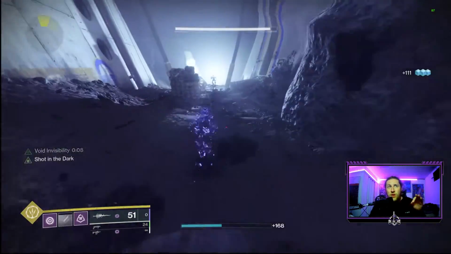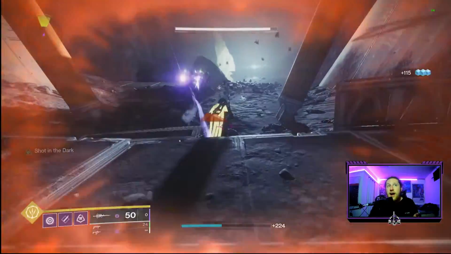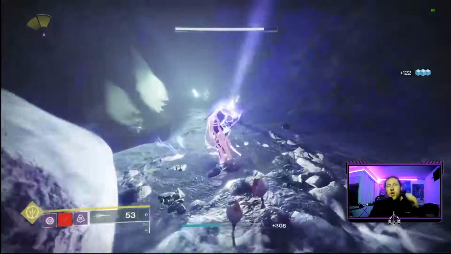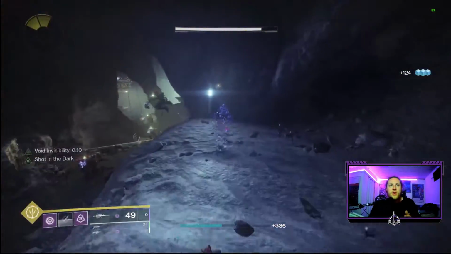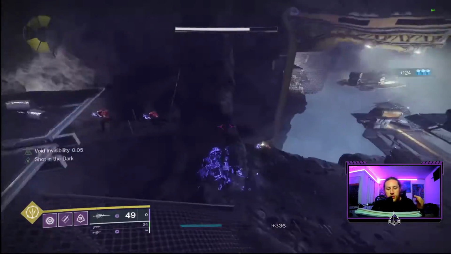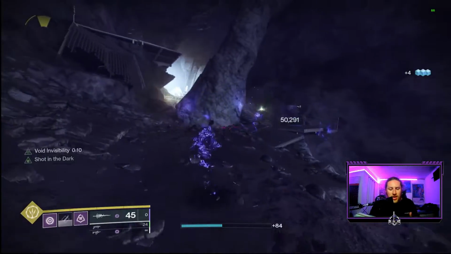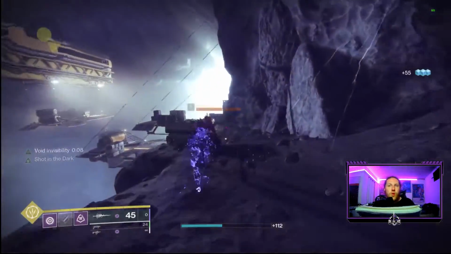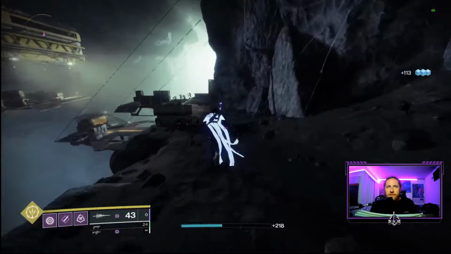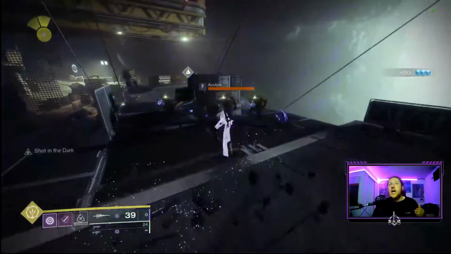Our light attack went from 28,000, which you can see right here, to 35,000, almost 36, an increase of about 7,200, which was exactly 25%. And then when we moved to our heavy, it went up from 40,233 all the way up to 50,291, which is roughly 24.998. So about a 25% increase again in damage when we become invisible and get that Shot in the Dark